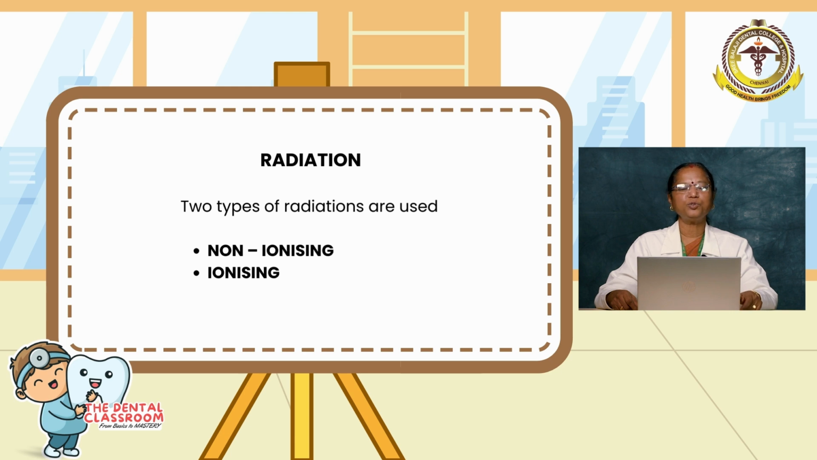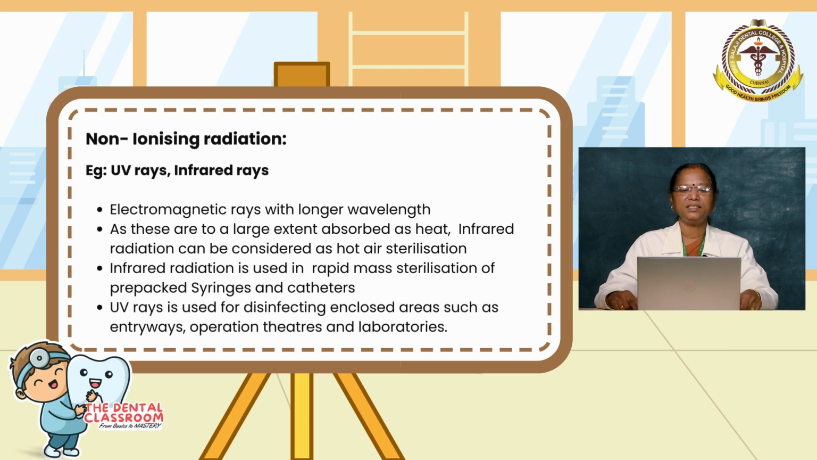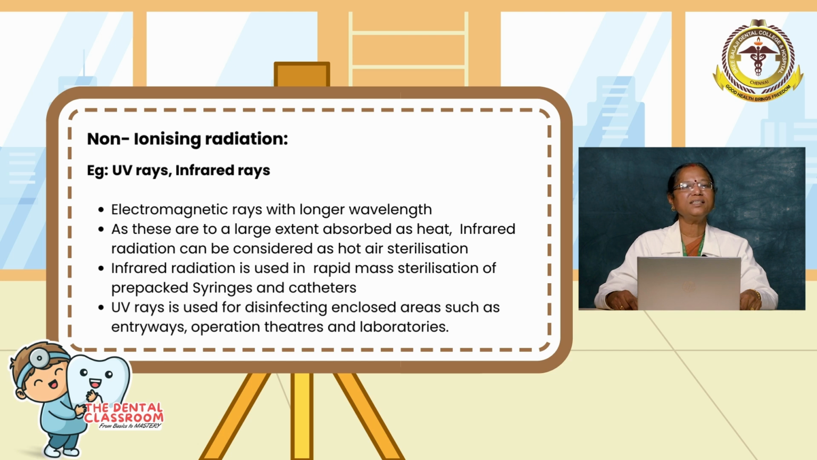Radiations: there are actually two types of radiations that are used for sterilization purposes. One is non-ionizing radiation and the other is ionizing radiation. So what are non-ionizing radiations? Non-ionizing radiations are electromagnetic rays with long wavelength, and examples of these are UV rays, ultraviolet rays, and